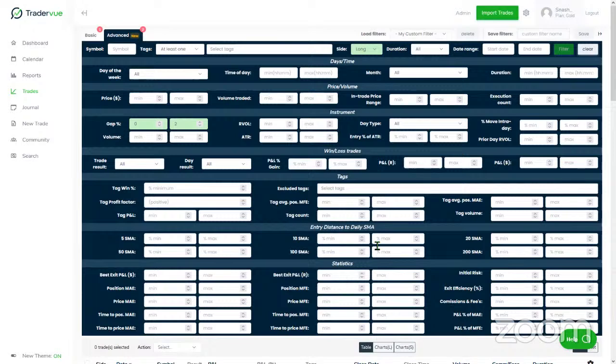And something really interesting that I think is worth mentioning is that, for example, here I have gap from 0 to 2, and then I also have side long, right? So if I create a more sophisticated filter, combining a lot of these things, I can save my filter here. In the top right corner, there's an option called save filter, and I'll call this long gap 2%. So if I go and click save,